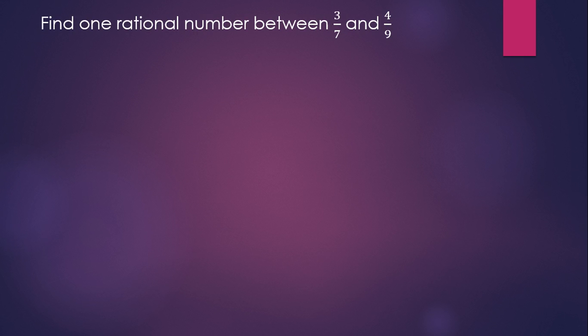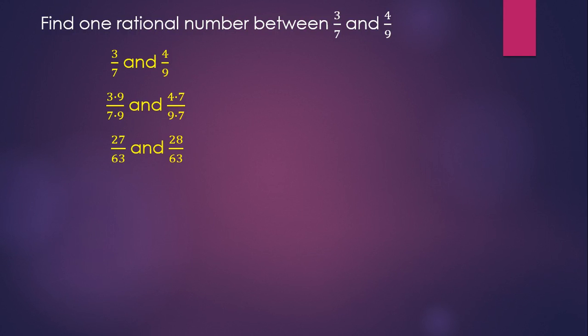Find one rational number between 3/7 and 4/9. Now there's more than one solution to this, but every answer that is correct will be a number between these two numbers. The first thing I'm going to do is find a common denominator between the two fractions. So the least common denominator is 63. The equivalent fractions to these two that we started with are 27/63 and